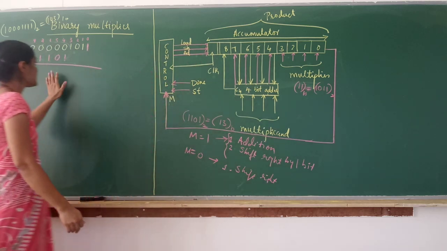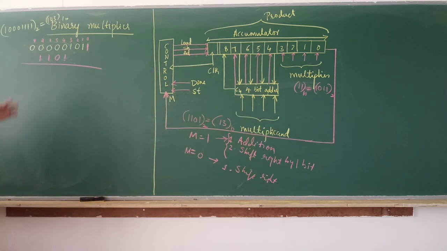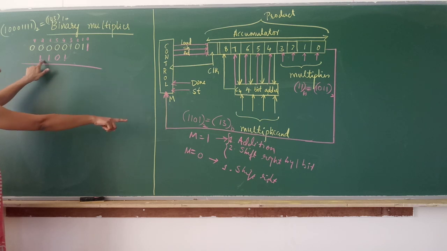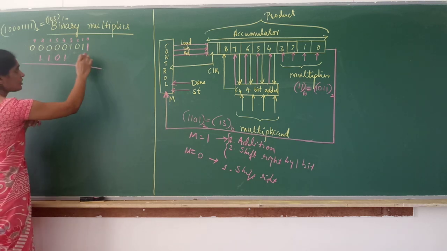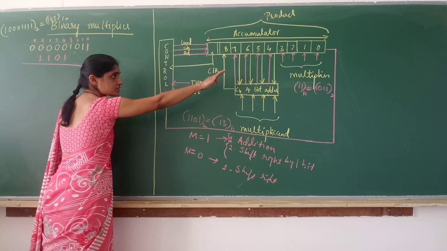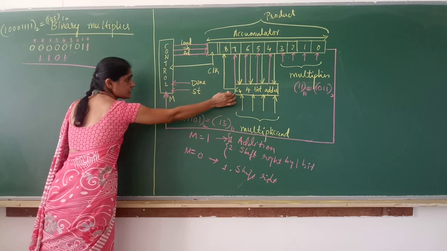Now let us write that and check whether we get the same answer or not with this process. What is happening here? So what is the content of the accumulator initially? 0, 0, 0, 0, 0, 1, 0, 1, 1. Now this is the content, the other input for the adder. Other input is what? 30. Now what is m? Okay, the start signal we get, it loads the content, the accumulator is loaded with the multiplier, and these are the inputs for the adder.